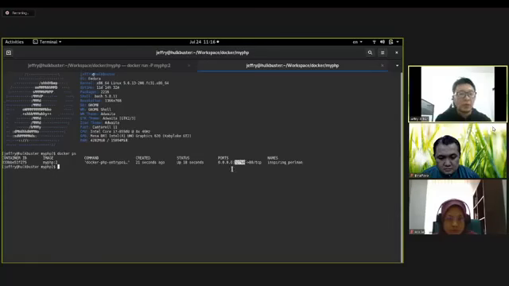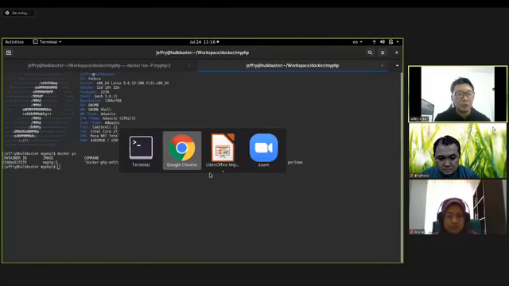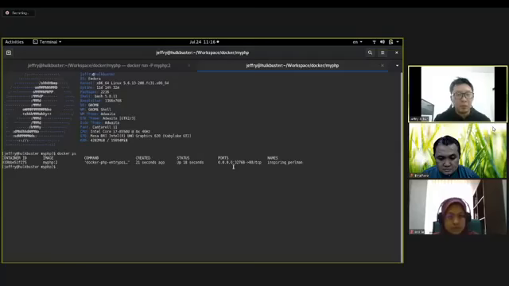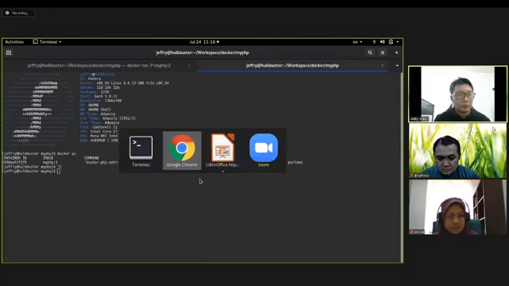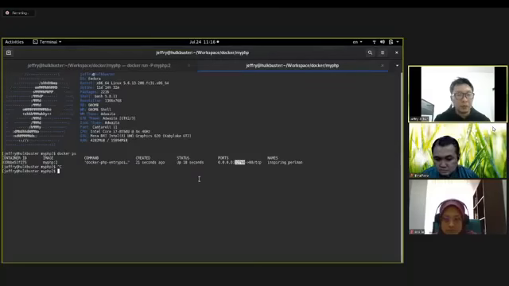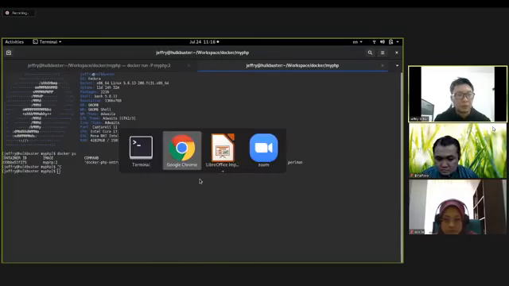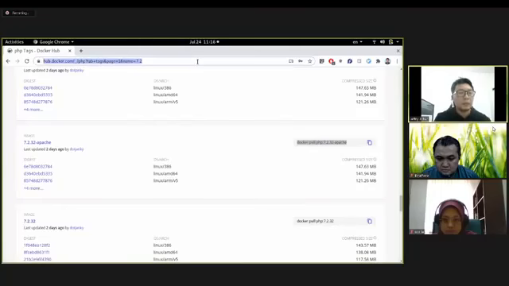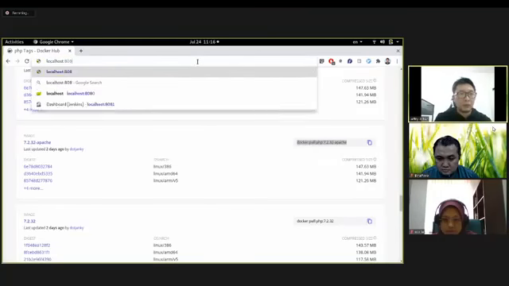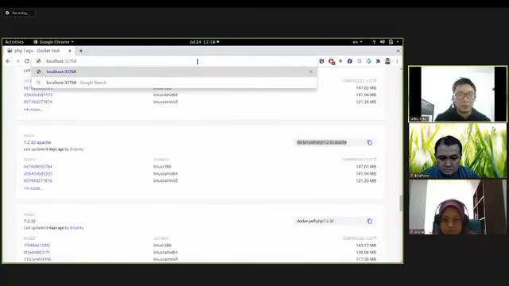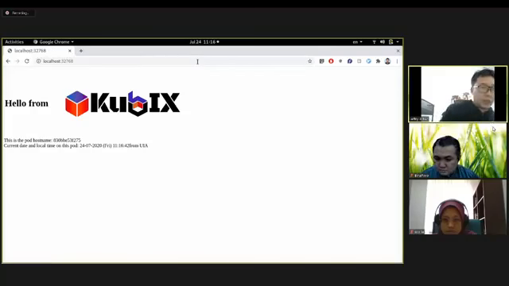So in order to access this application, I have to use this port. Okay, I'm going to open my browser now. What port is it? Tada, my PHP application is up and running